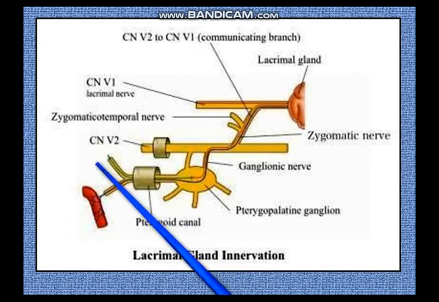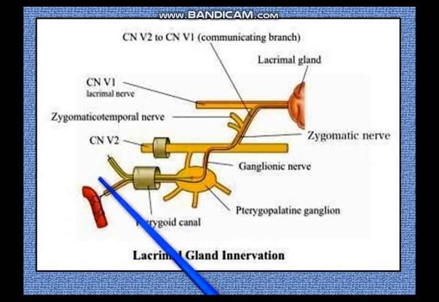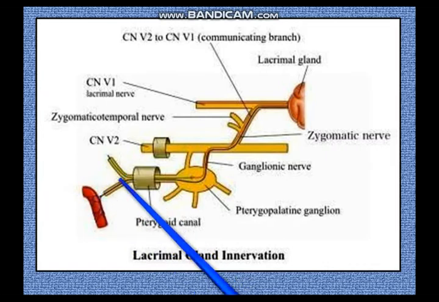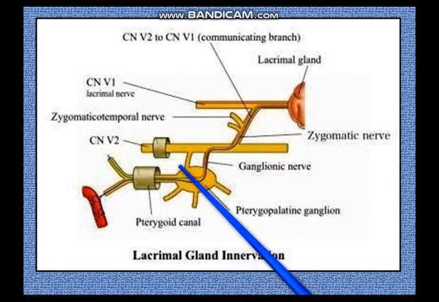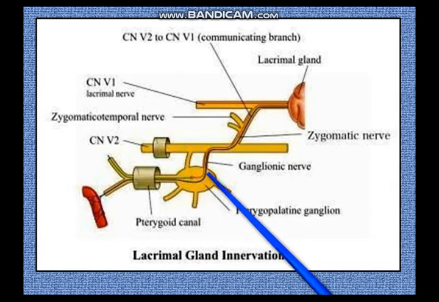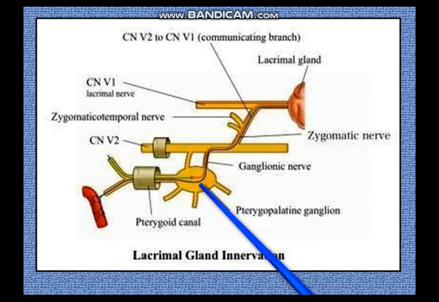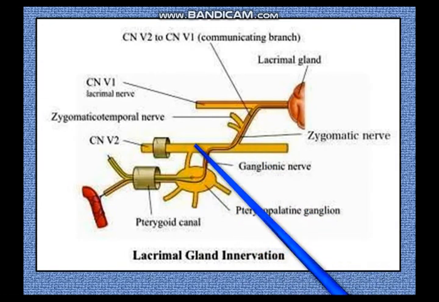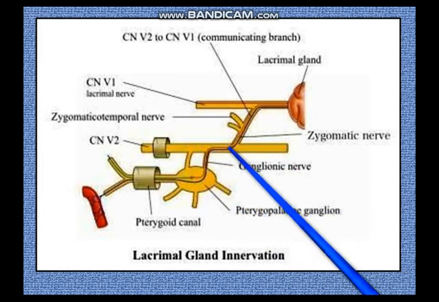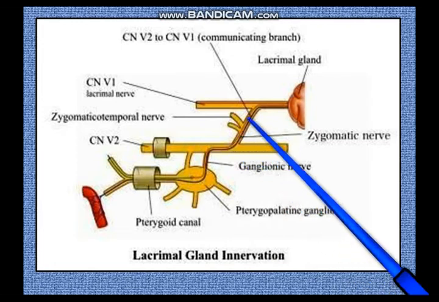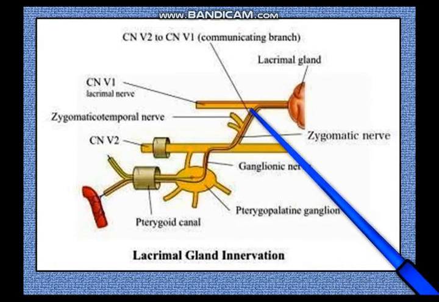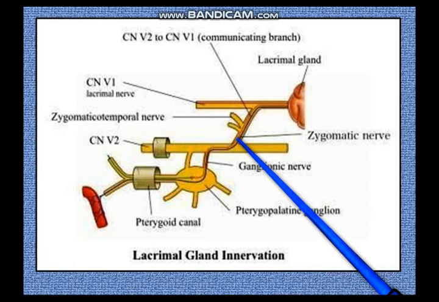So over here you have the greater superficial petrosal nerve, and this is the deep petrosal nerve carrying sympathetic fibers, and the greater superficial petrosal nerve and the deep petrosal nerve join to form the nerve of the pterygoid canal, and it goes into the pterygopalatine ganglion where the parasympathetic fibers relay, the sympathetics don't, and beyond the pterygopalatine ganglion they go back into the maxillary nerve, because the maxillary nerve itself gives support to the pterygopalatine ganglion. From the maxillary nerve they go into the zygomatic branch of the maxillary nerve,